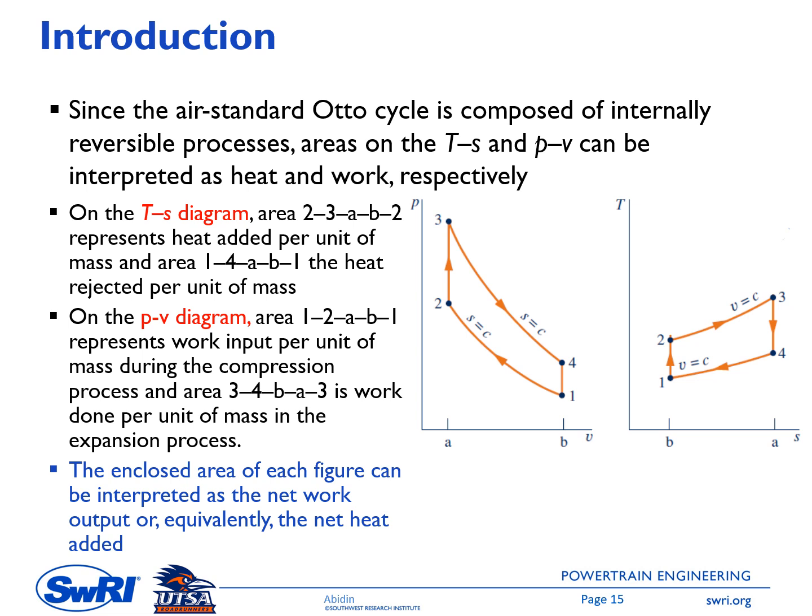Okay, since the air standard Otto cycle is composed of internally reversible processes, area on the TS and PV diagram can be interpreted as heat and work respectively. Okay, so let's take a look first at the TS diagram. So the area surrounded by point 2 and then 3 and then A and then B and then 2 here represents the heat